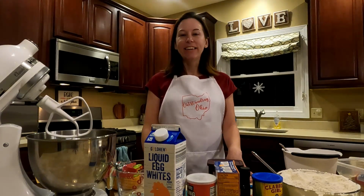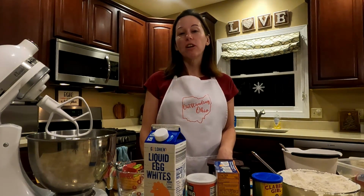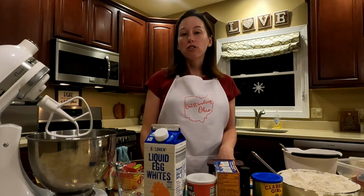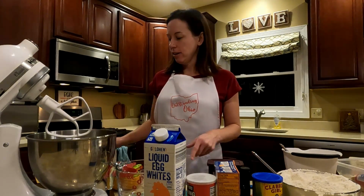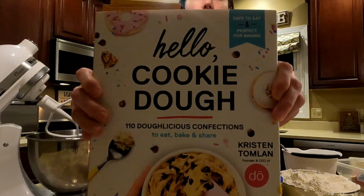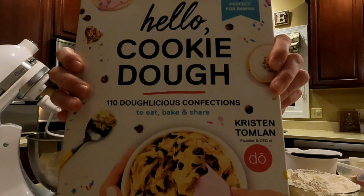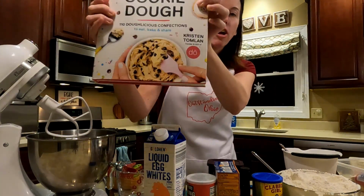make something great. Today we are going to be making brookie dough. That is a combination of chocolate chip cookie dough with brownie batter, and it is from this cookbook, Hello Cookie Dough, by Kristen Tomlin. She is the founder and CEO of Dough, which is a cookie dough shop in New